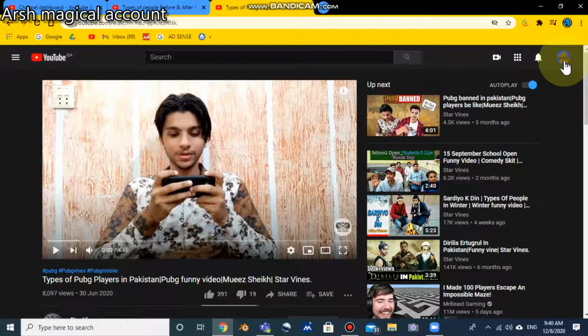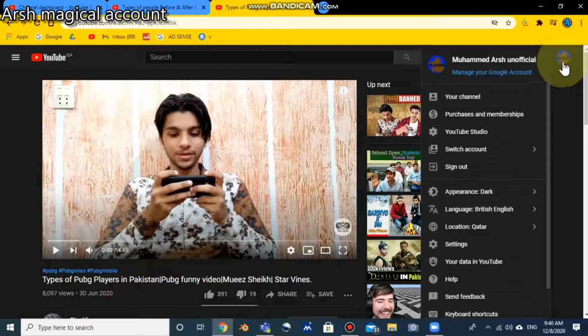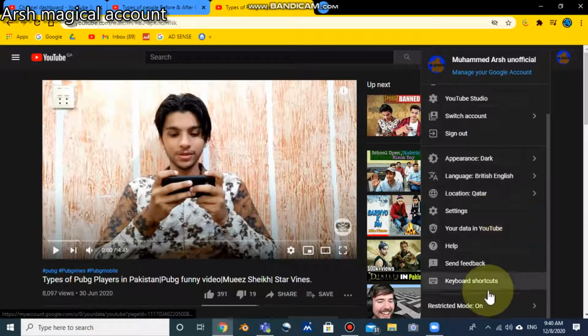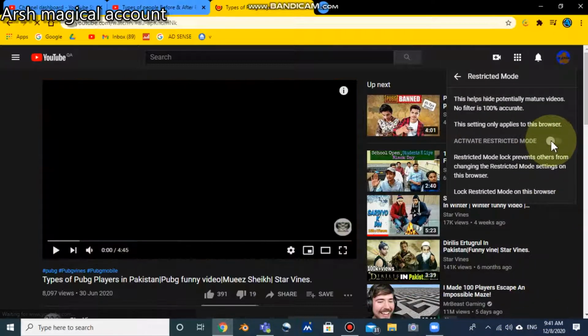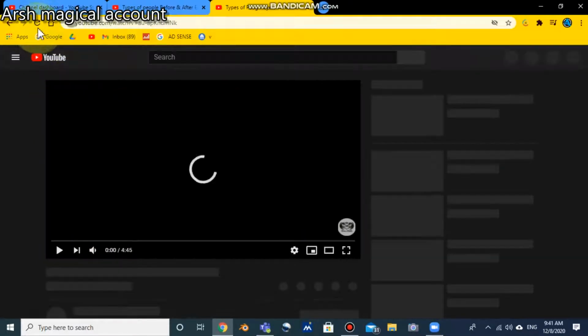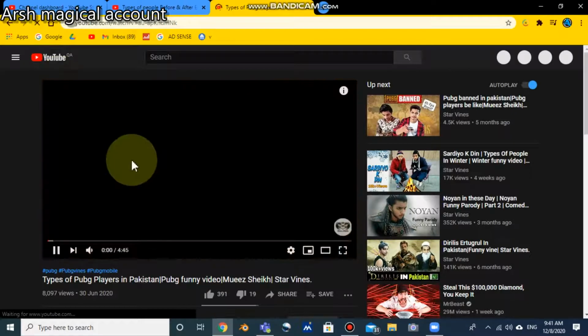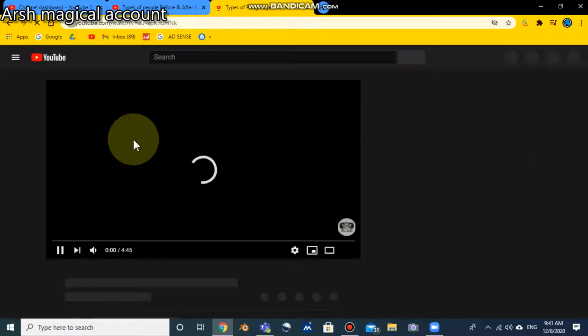It's pretty easy. Just click on the icon, your account, go to the bottom, and restricted mode is on. Just turn it off, and then this page refreshes sometimes. If it doesn't work, just try refreshing the page like that, and then